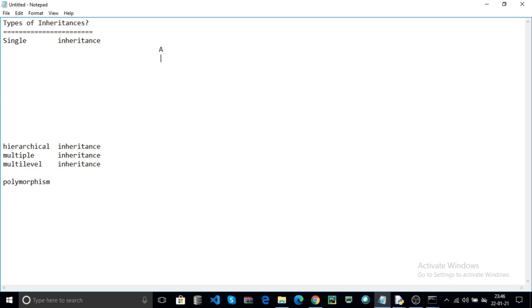Here the parent class is A and subclass is B. Here A is the parent class, B is the child class. Here the child class acquires the properties of the parent class. That means within the child class you can access the parent class attributes or parent class functions also.